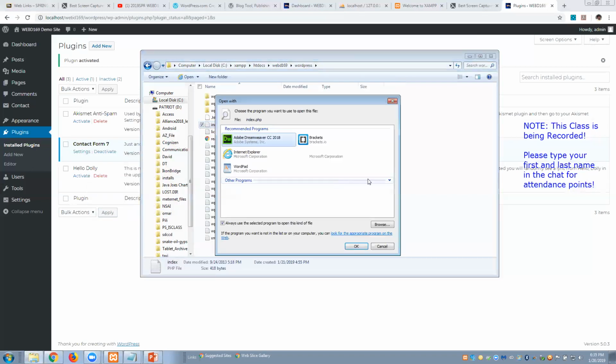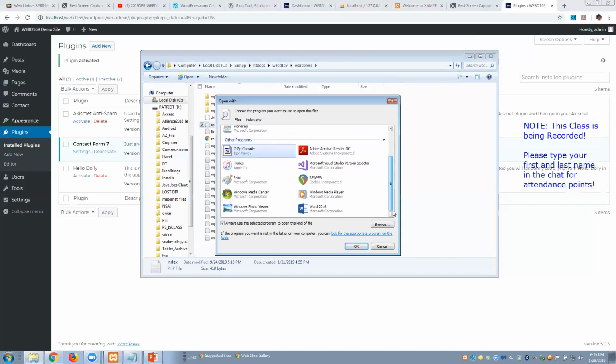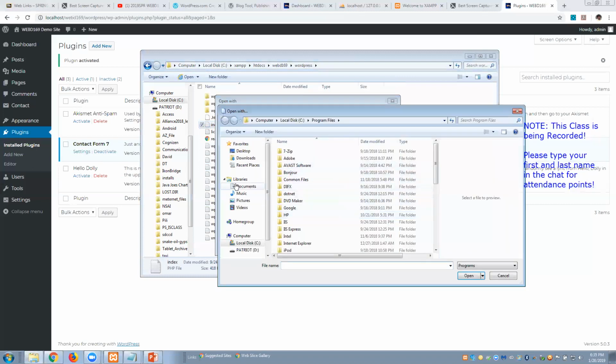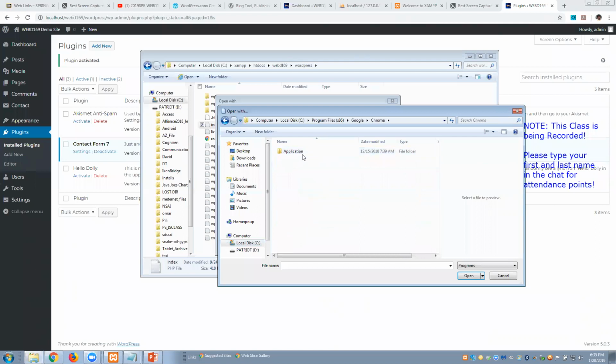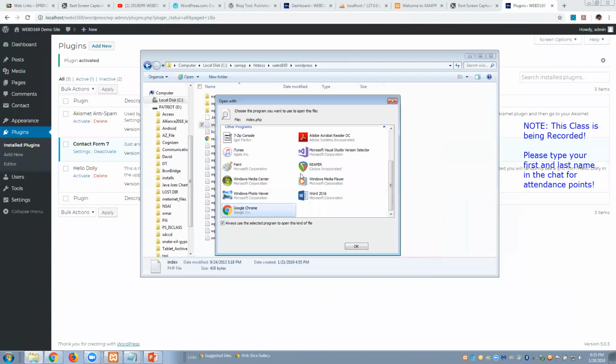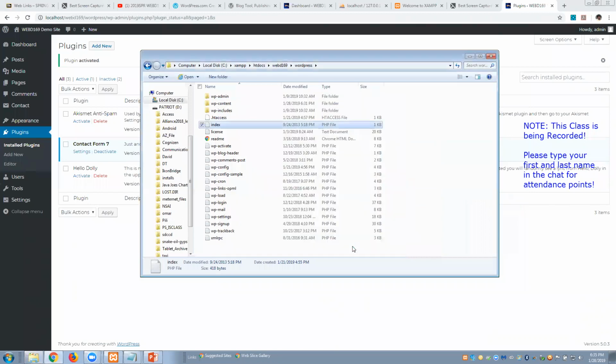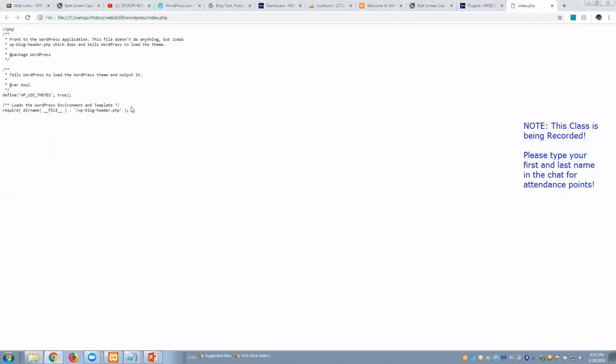If I could open it with Chrome, it might be a little better. So as you can see, I opened it in Chrome.